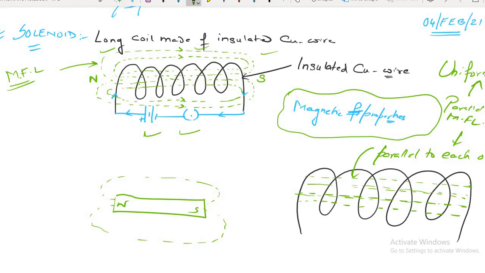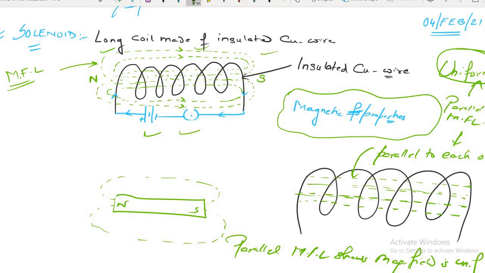Remember, the magnetic field is uniform. Always remember, parallel magnetic field lines show the magnetic field is uniform. So, a question may come: how is the magnetic field inside a solenoid? You have to write down that the magnetic field lines inside a solenoid are uniform.